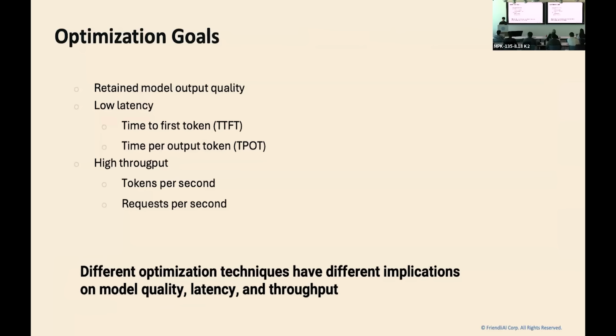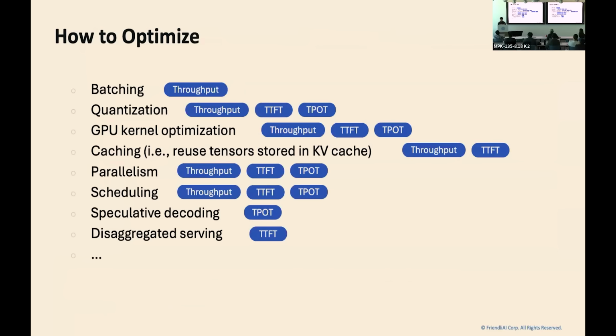So what we want to achieve in terms of inference is to keep the original model quality as is while getting lower latency and higher throughput. And to achieve this, various kinds of optimizations are required, as listed in this slide. But